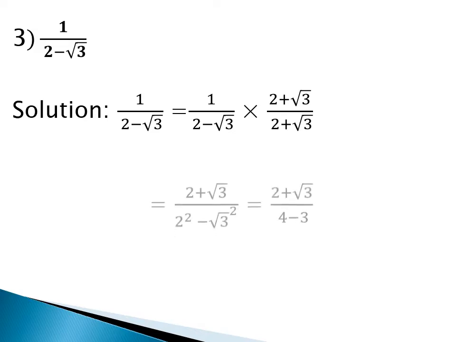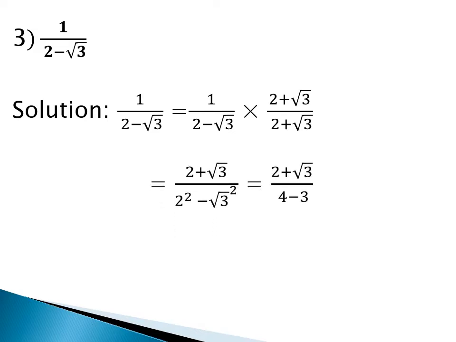So again multiplication rule, 1 into 2 plus root 3, the numerator will be 2 plus root 3 and the denominator, you must be very careful here, is a minus b into a plus b form, that is a square minus b square. We have learned this identity many times last year. We have repeated it many times. I told you this application is everywhere, it will come. So 2 minus root 3 into 2 plus root 3, that is a minus b into a plus b form we got in the denominator. So it is a square minus b square.